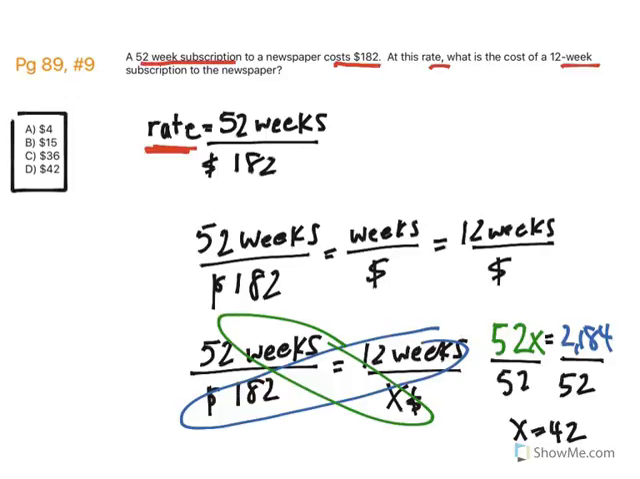In 52 weeks, we spent $182 to get the newspaper. So to get the newspaper for 12 weeks, X was the number of dollars that a 12-week subscription would cost. Okay, great. So we know that this is $42. X is $42. So the question says, at this rate, what is the cost of a 12-week subscription to the newspaper? It's going to be $42 right here. We just found that. So the answer is 42, and that is choice